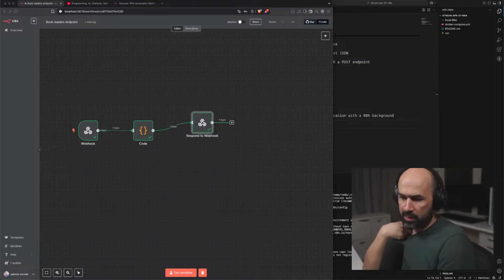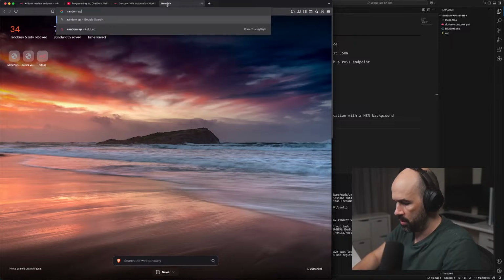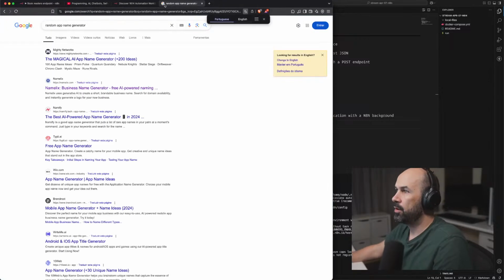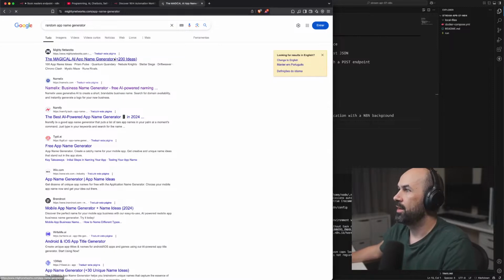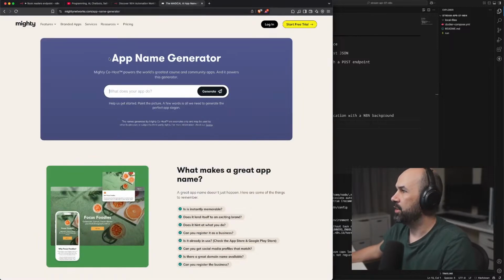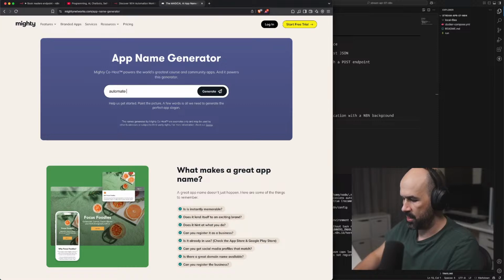What should we call this application? Let's make a random app name generator. I don't know what to call this. Automation app name. What? Oh no. Automate workflows sidekick.